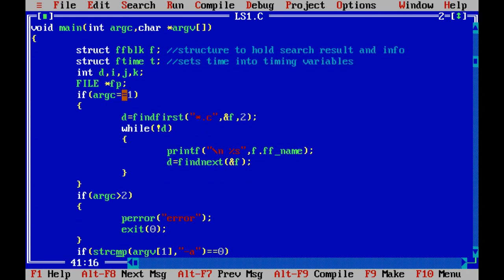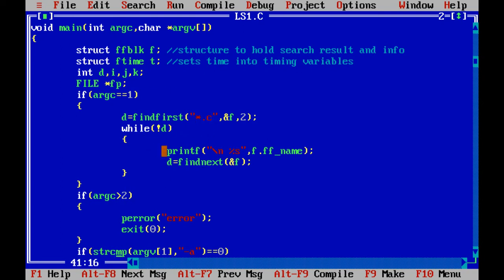So here, if arguments count becomes equal to 1, we are going to make use of the findfirst function of C. It is going to find the .c extension files and store them into variable f, and we are simply going to print the name, which is in the format of a string, on the screen, and we are going to find the next until we reach or until we find the .c extension files.